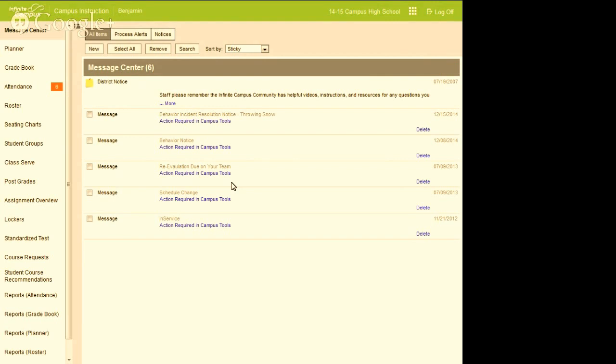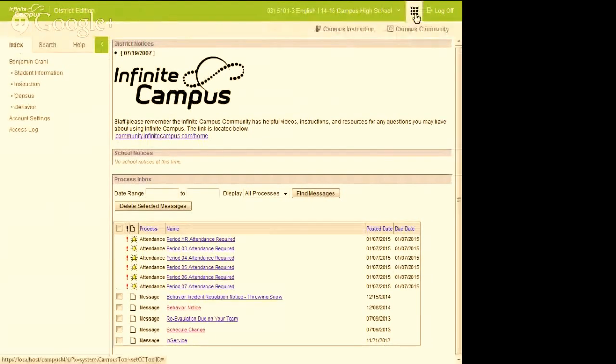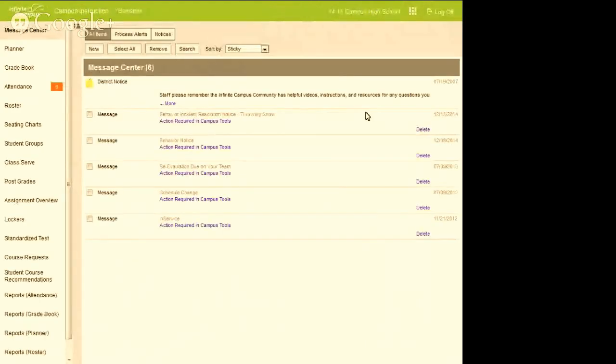So what is it? Well, when I log in, there's this app selector up top, and I can do my campus tools, which would be my traditional login, which we've been looking at. Or if I'm a teacher, I could go up and I could use the Campus Instruction app. Now, why would they do this? One, it's HTML5, which a lot of people like because it works well on iPads and tablets. It does not use Java. So it would work the gradebook right off of a tablet, Kindle, iPad, etc. And so that was one of the reasons.